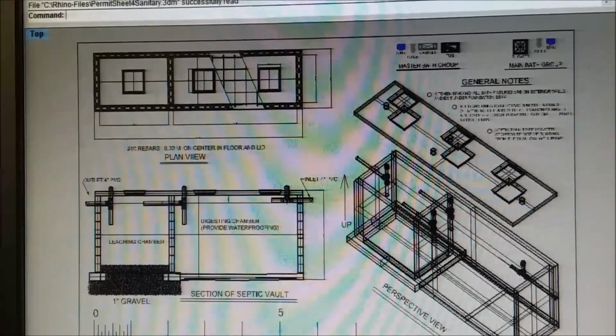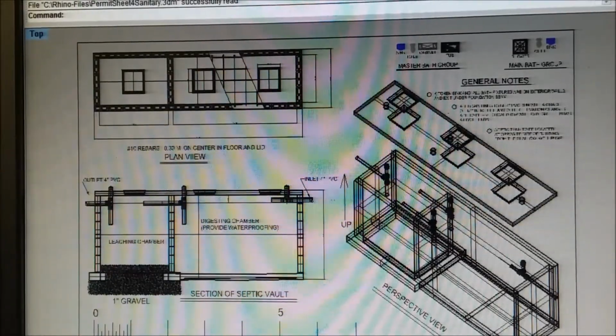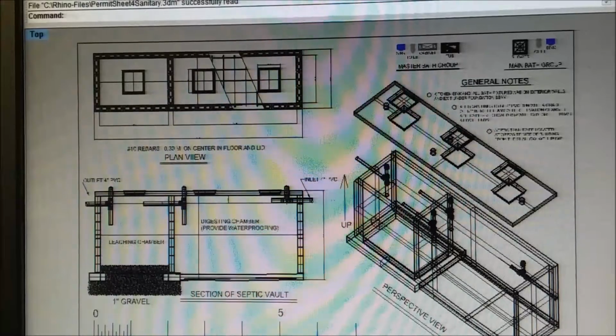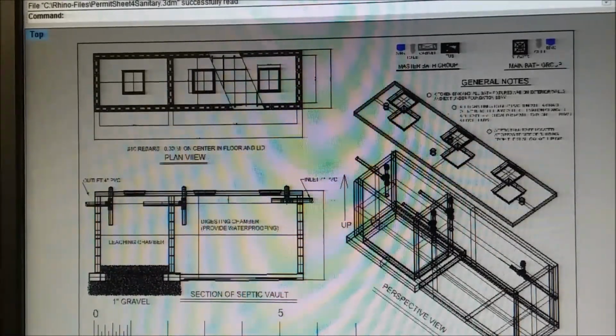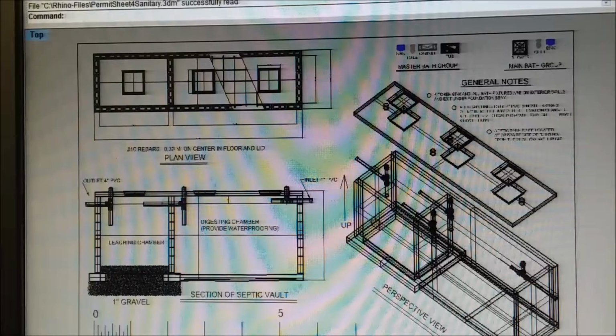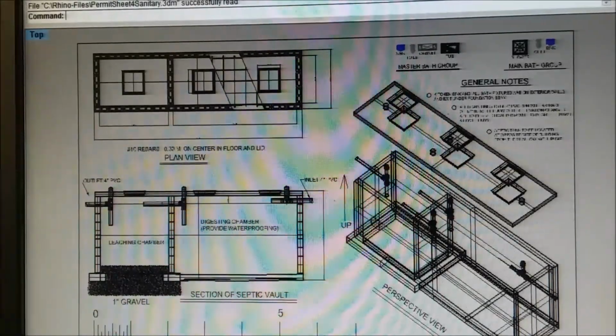Anyway, all sanitary drawings will want what you see in here. This shows you the construction of the septic tank. It gives you the size. You have general notes on the construction for strength and amount of rebar. The lower left corner is showing that it's got a gravel bed on one end,